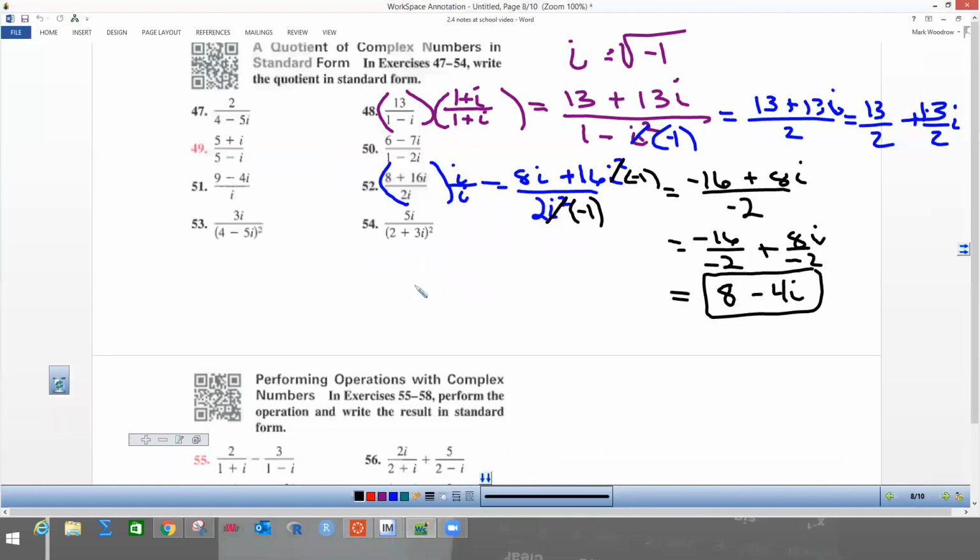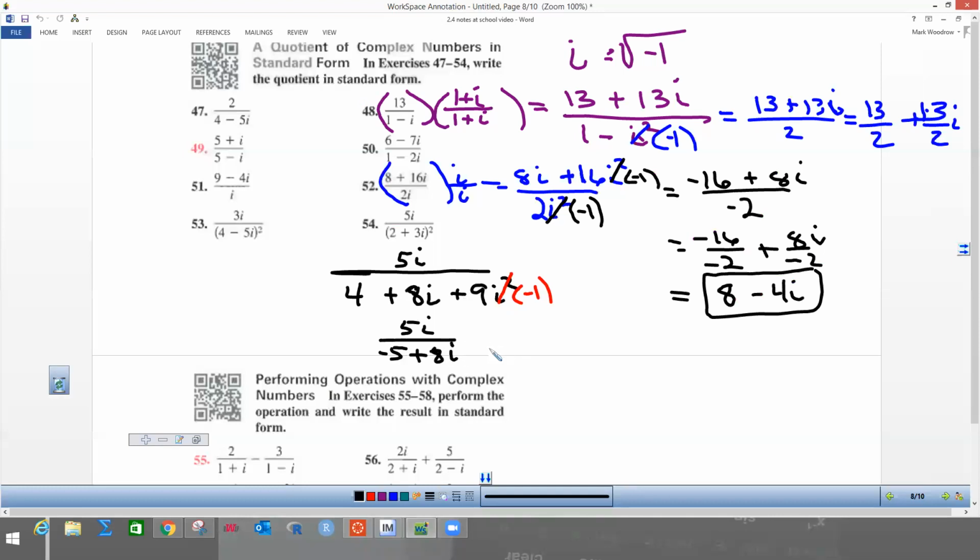I wrote it down twice, and I got this answer, but I'm going to do the shortcut for binomial squares. So the top part stays 5i. On the bottom, when you do a shortcut for binomial squares, you square 2, which gives you 4. You take 2 times 3i, which is 6i, times 2, which is 12i. And then you square 3i, which is 9i squared. So once again, in place of i squared, you want to make this negative 1. And negative 1 times 9 is negative 9. So what this gives me now is I have 5i, and this negative 9 plus 4 is negative 5 plus